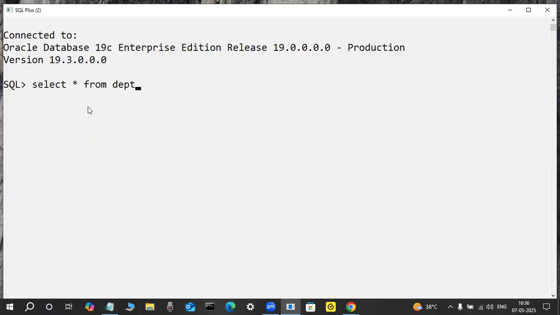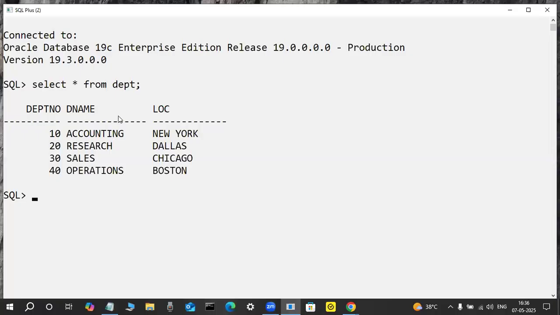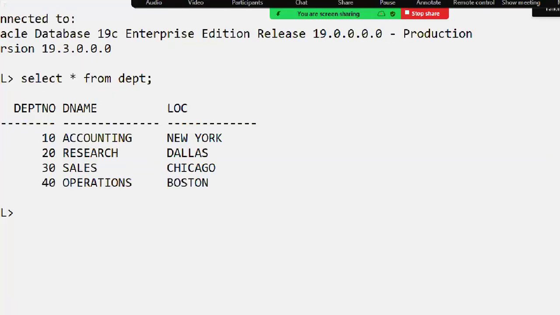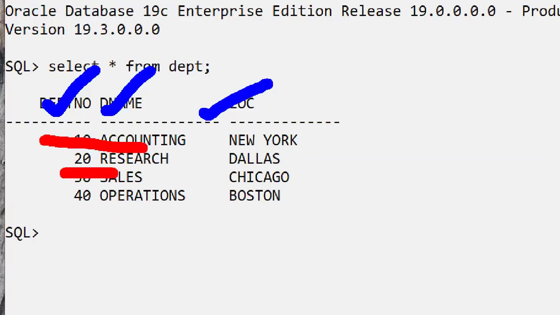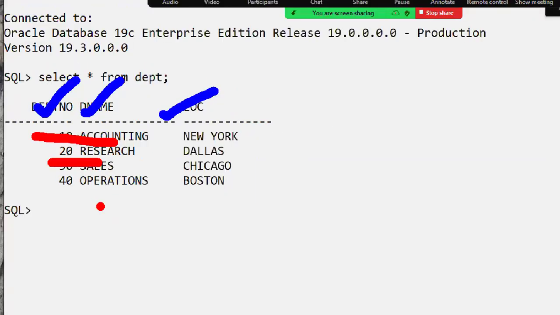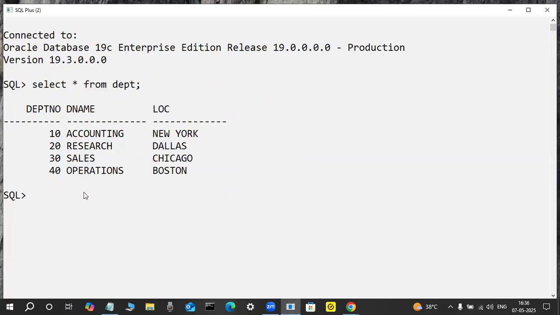Small tables are displayed properly. Observe it here. This is a table. These are called columns. These are called rows. Everyone understands. Why? Because the visibility is clear. These are columns, these are rows, easily understandable. But unfortunately, in the SQL*Plus tool, not in other tools,